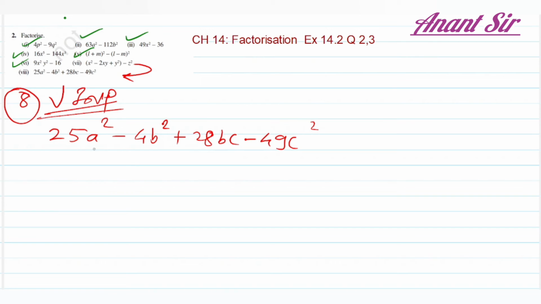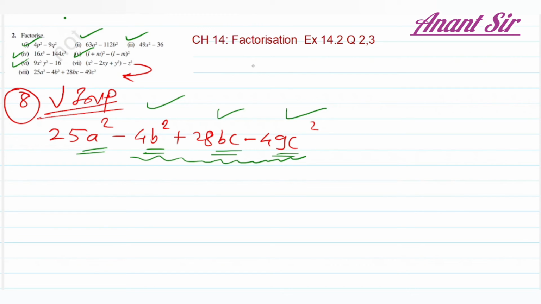Okay, so here it's very important to look at the variables. It's a square, b square, bc and c square. So these three terms have b square, bc and c square. So